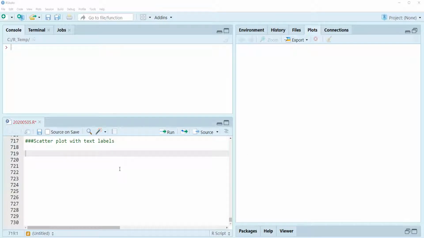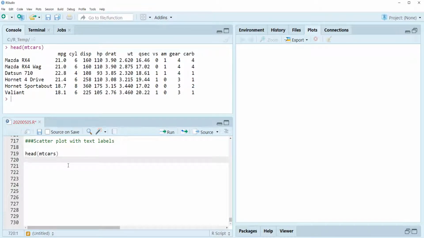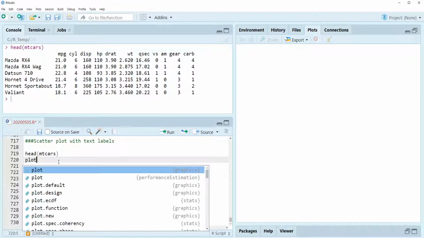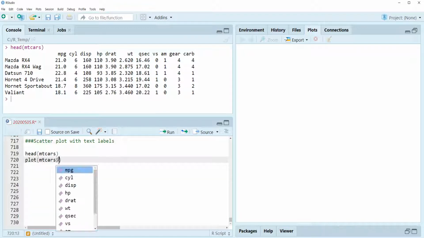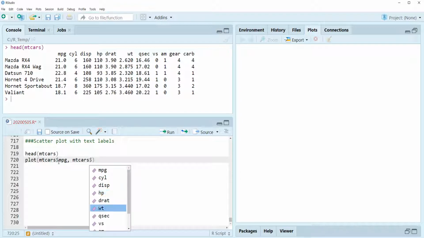Alright, let's first move on to how to draw a scatter plot with text labels in R. Let me use mtcars data, which is available in R. So let's use the head function, mtcars. Okay, there are many variables related to car models, right? So let's use the plot function, mtcars, mpg, which is miles per gallon, I guess. mtcars and wt, weight,